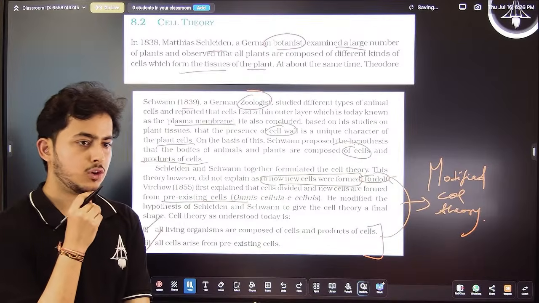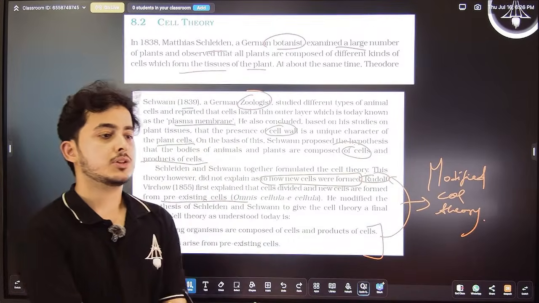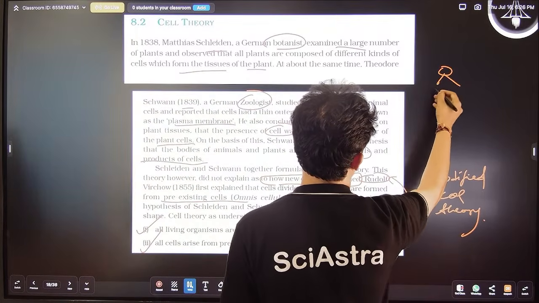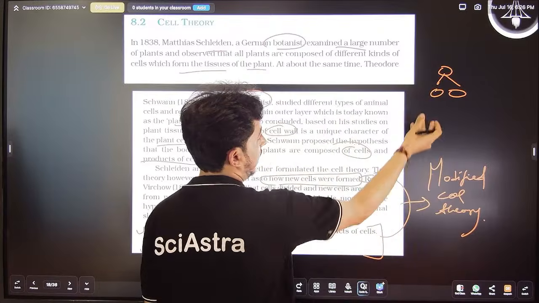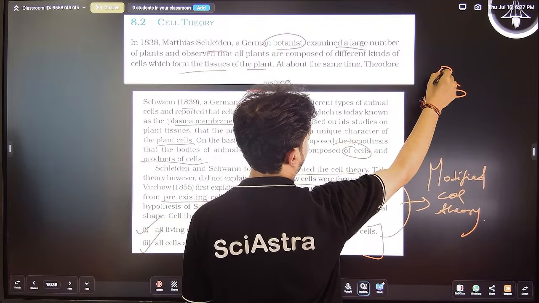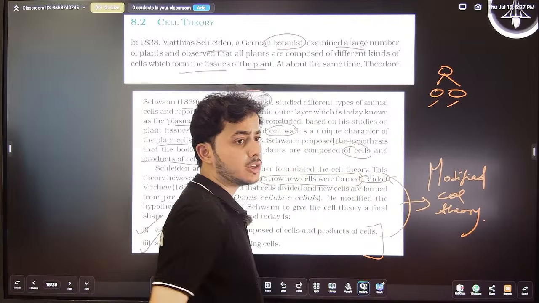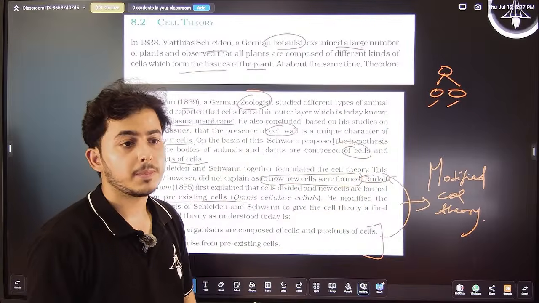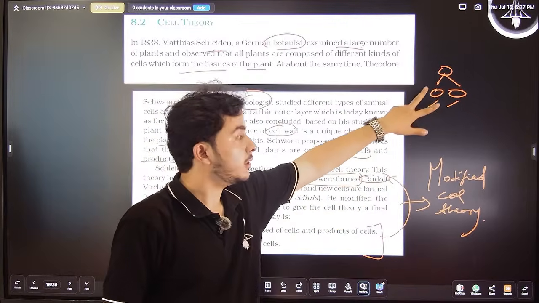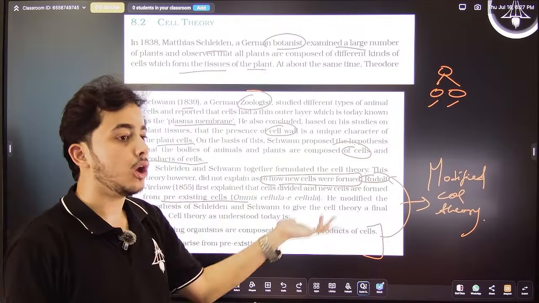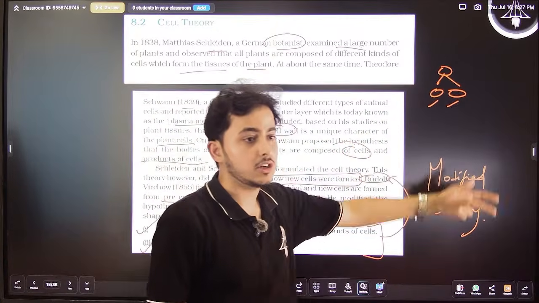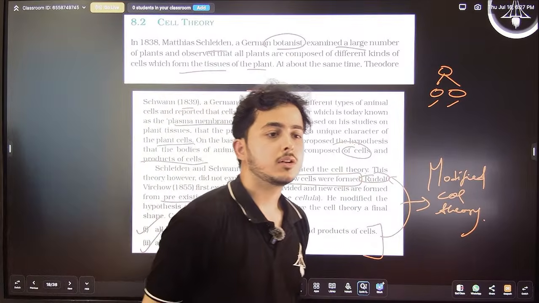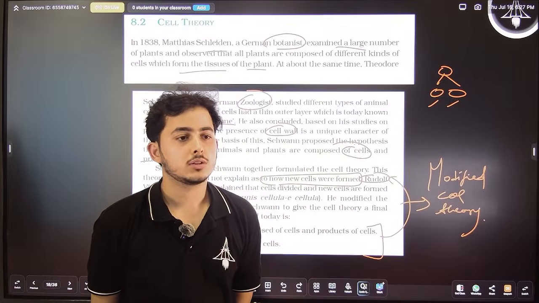What was Virchow's proof for his assertion, sir? Basically, what he observed is during cell division. You have studied mitosis and all, right? In cell division, you know that one cell divides and forms two cells. So these observations were the proof for his assertions. He noticed this cell division, and he said that all cells come from pre-existing cells. That is how he arrived at this. Is that clear to everyone? Any doubt till this part?